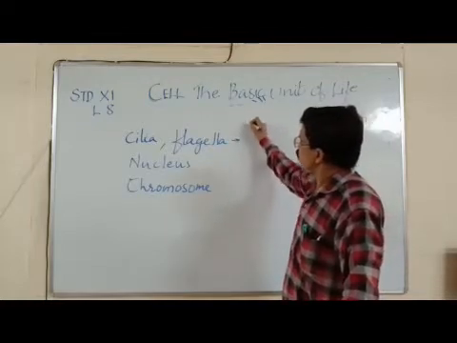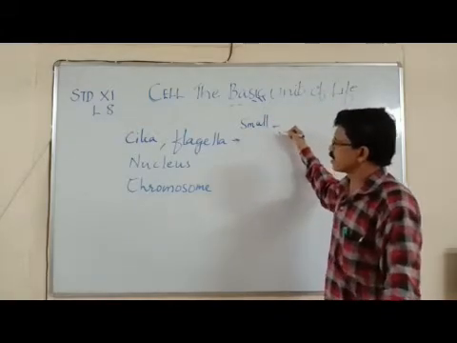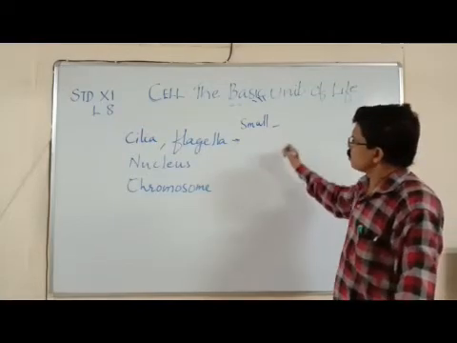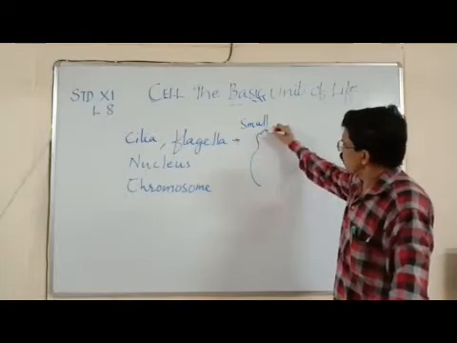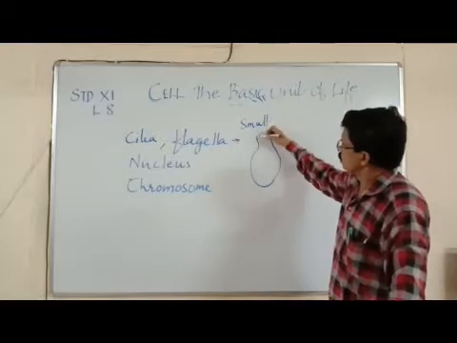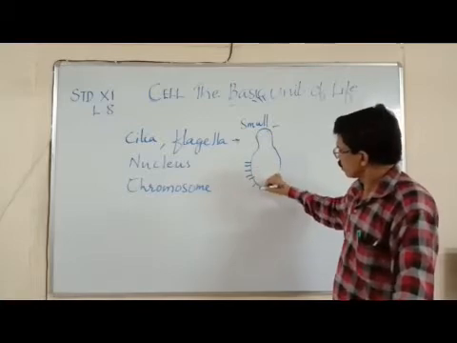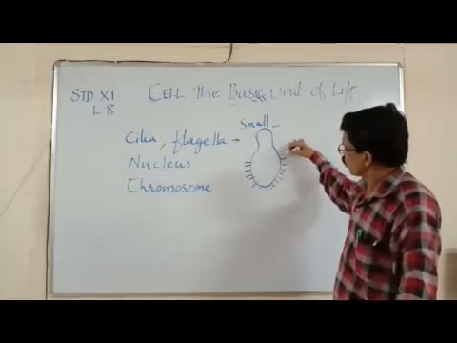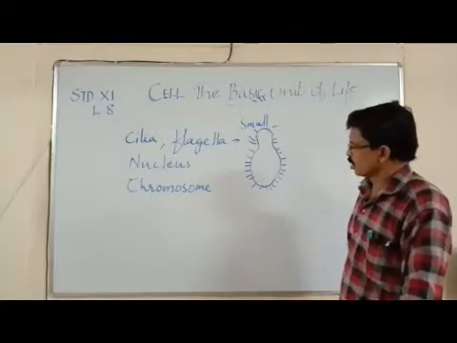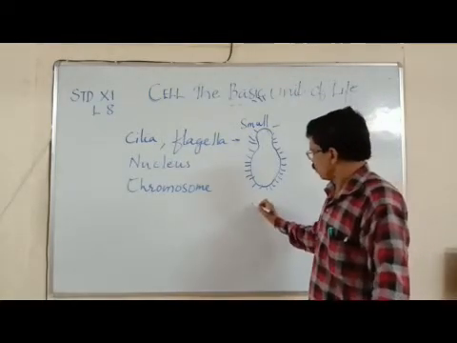The cilia are small or very fine hair-like structures, whereas flagella are long, whiplash-like, very long hair-like structures. Now, cilia can be seen in many organisms such as protozoans, particularly the slipper animalcule, that is called Paramecium. Paramecium has a large number of cilia around the body, which helps in movement or locomotion, whereas flagella are very long structures which are mainly found in protozoans, such as you can see